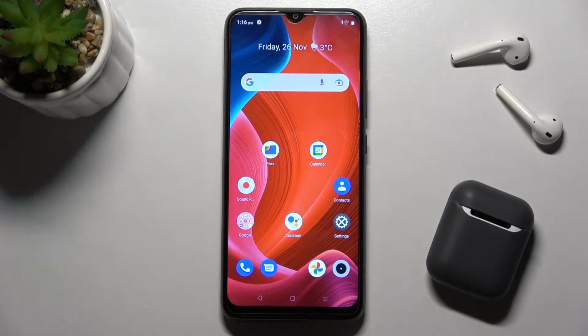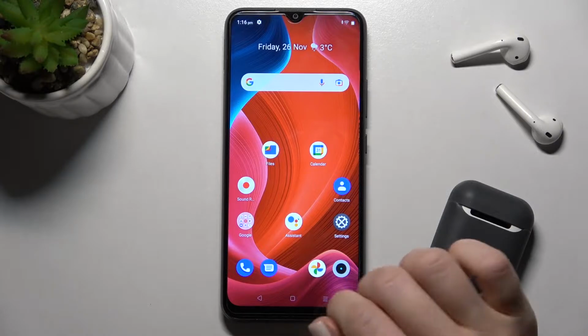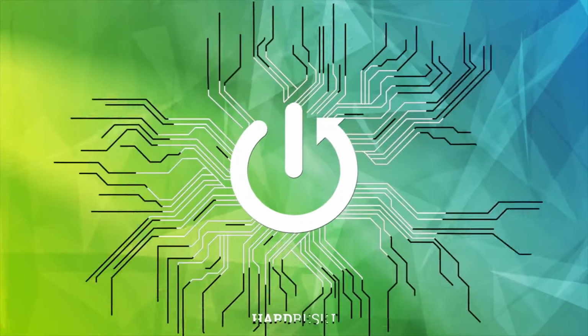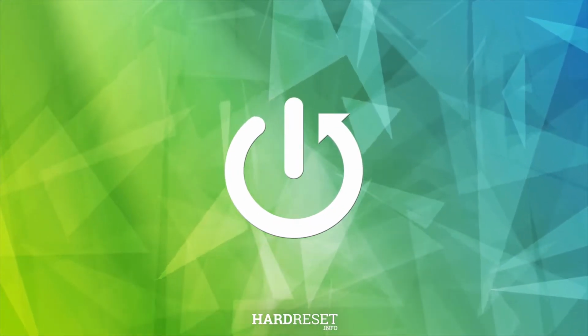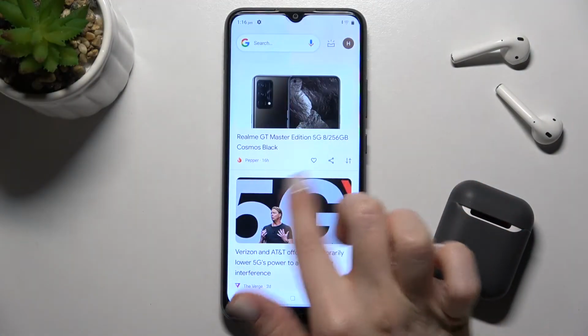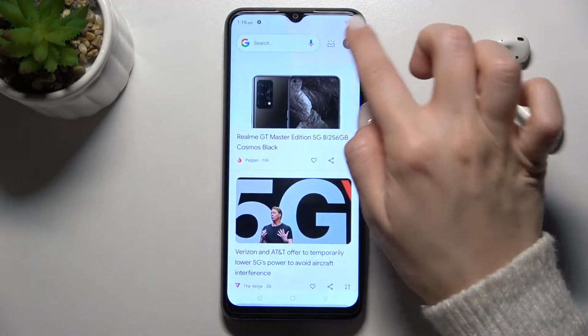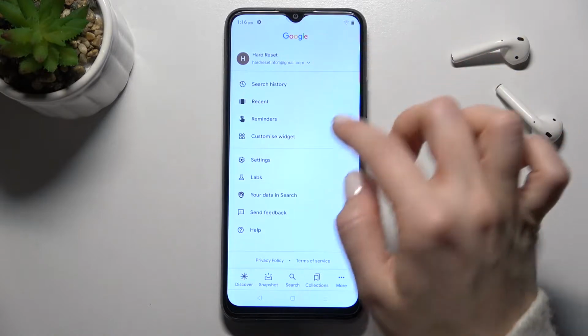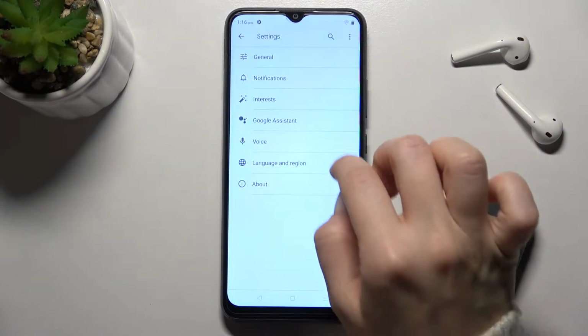Welcome. Today in front of me, Realme C21Y, and I'll show you how to enable or disable the Google Feeds on this device. So in my case, the Google Feeds are activated. Just to turn it off, tap here on this icon in the right upper corner, go to the settings, and